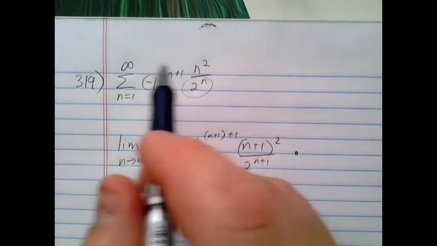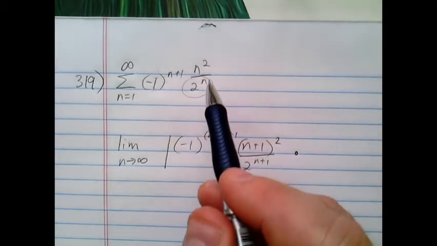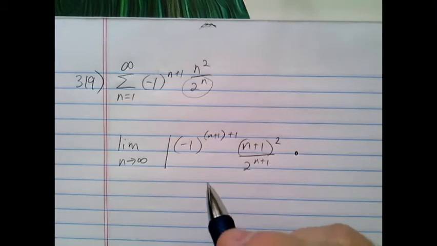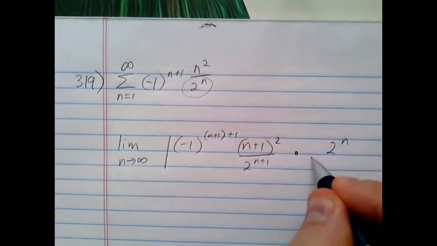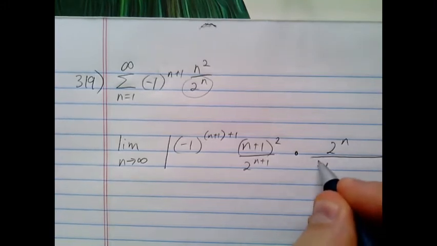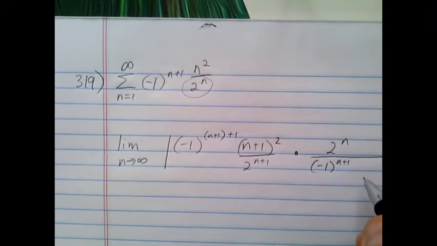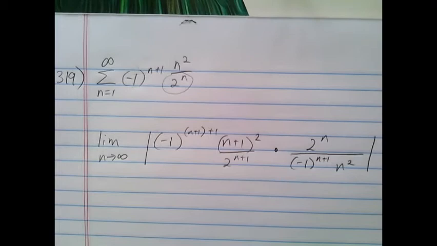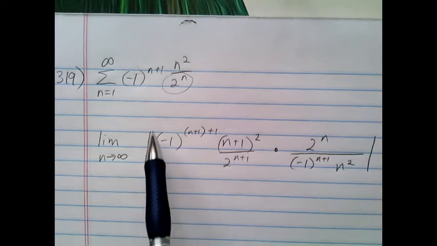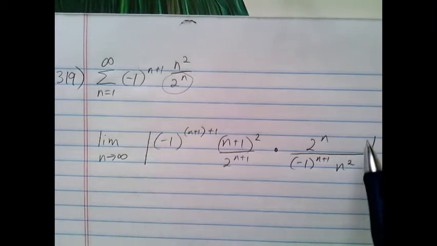Now we know that whenever you divide by a fraction, you flip it and multiply. So let's go ahead and flip this. The 2 to the n will go in the numerator, and the negative 1 to the n plus 1 will go to the denominator, and the n squared will also go to the denominator. Now, one thing I want you to see is that when we apply the ratio test, because we're taking an absolute value of the ratio,